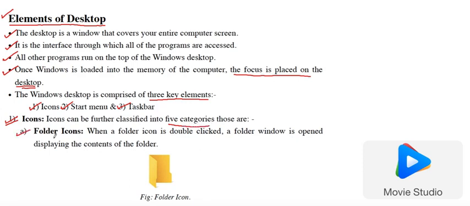The first category is called folder icons. When we double click a folder icon, a folder window is opened displaying the contents of that particular folder.